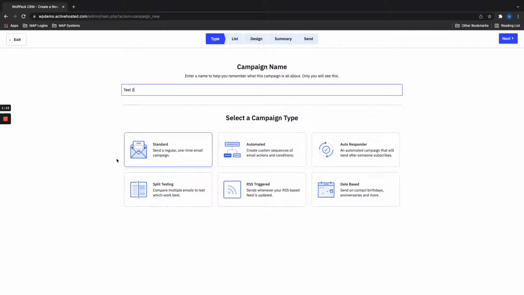Now, 99% of the time, we're going to be sending standard, which is a regular one-time email campaign. If you choose automated, it's going to eventually take you over to the automations section of the CRM. And so if you know you're already going to go down that path, you may as well just start there. Autoresponder is going to be used if you have a sign-up form on your website and you want to have it automatically respond to their submission and thank them for signing up. Split testing will be useful if you want to test out different versions of a subject line, different versions of the email content, or different versions of who the email appears to be coming from,